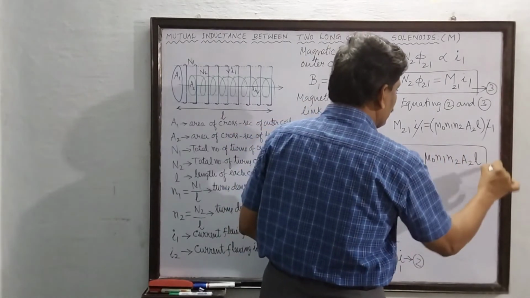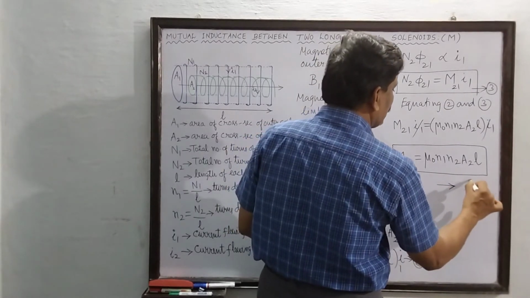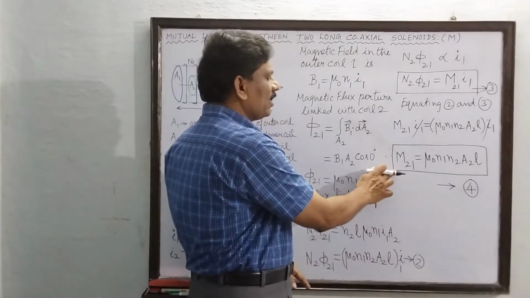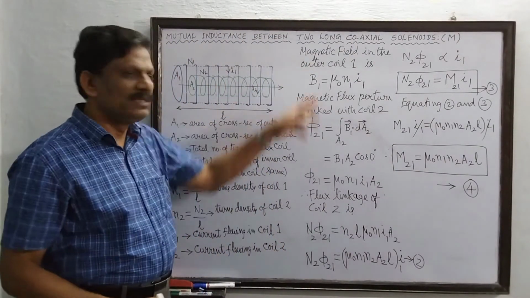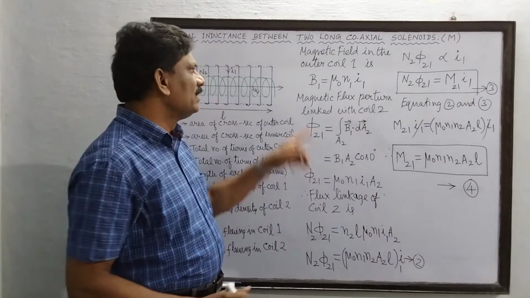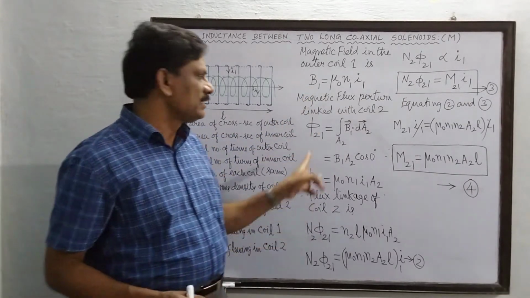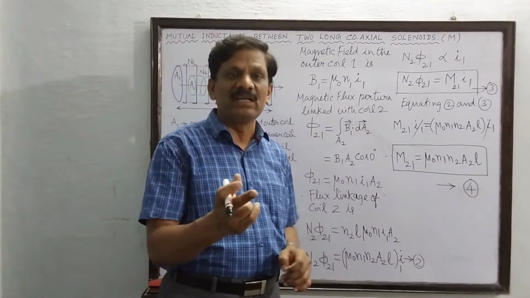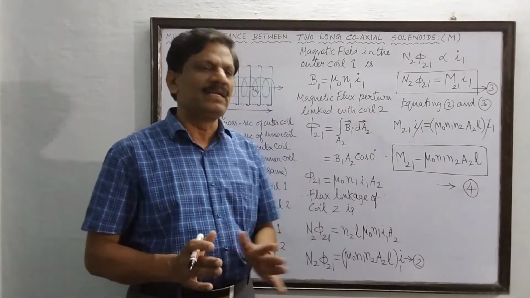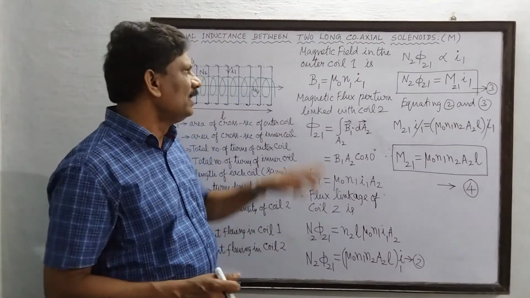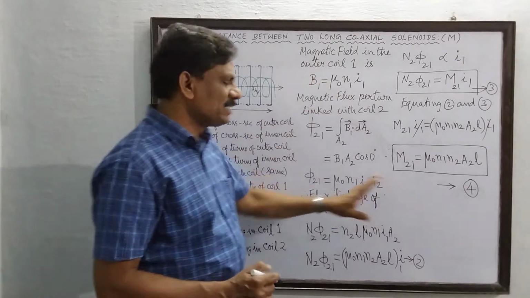So this is another very important equation. This is the mutual inductance of the second coil with respect to the first coil. Have you all understood up to this? We started with the magnetic field due to the first coil. And then this is the flux linked with each turn of the second coil. In the same way, now we are going to start the next part of the derivation with the magnetic field in the inner coil. I am going to start here itself.